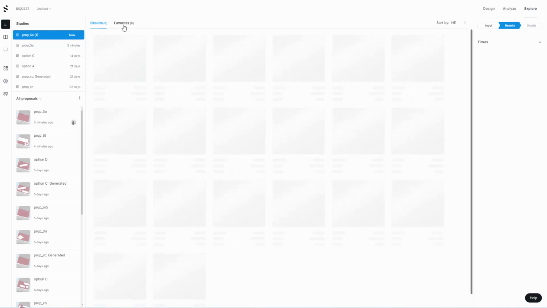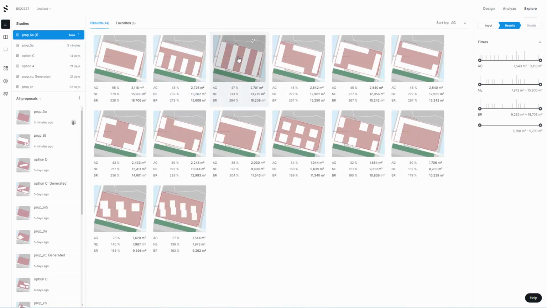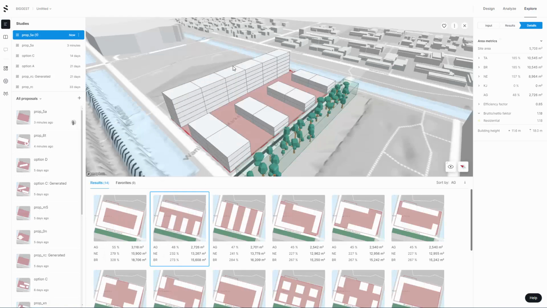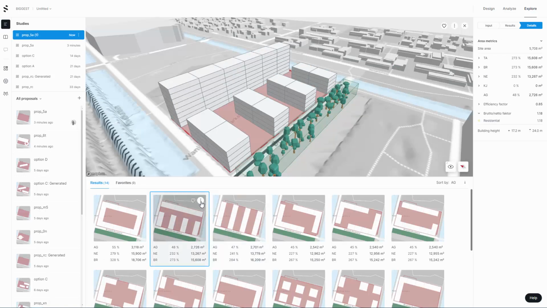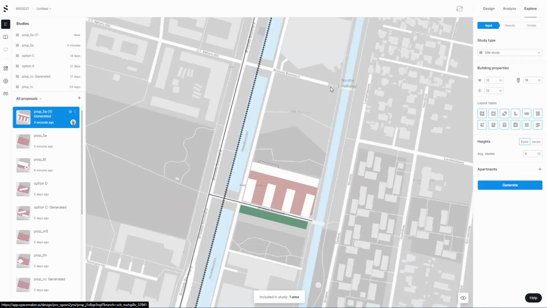So I'm just going to let it calculate, and the ones up the top will show us the best results. And if we click on them, say this one for example, it'll bring up a little 3D view here, and I'm going to add that to a proposal list, and here it is in my proposals. Go back to design,